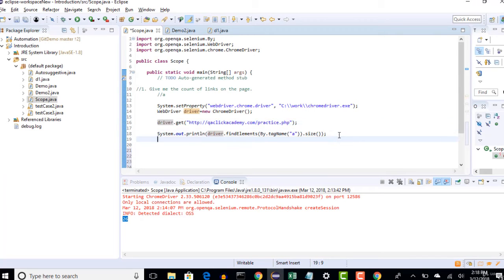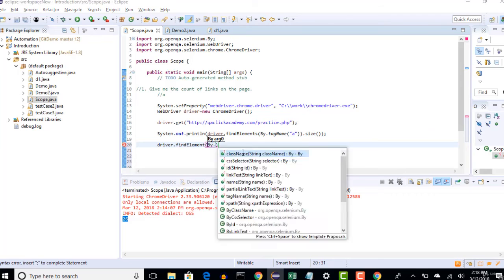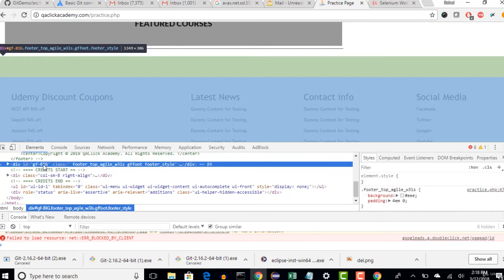You can do that by saying driver dot, first find the element, this one, because in this ID the whole footer section is loaded. Correct or wrong? You can check it out. Move your cursor on this and it selects the entire footer section. So that means the whole footer section is in this particular div ID.